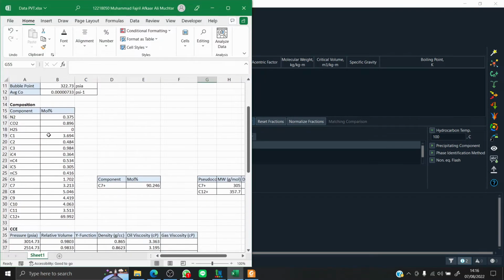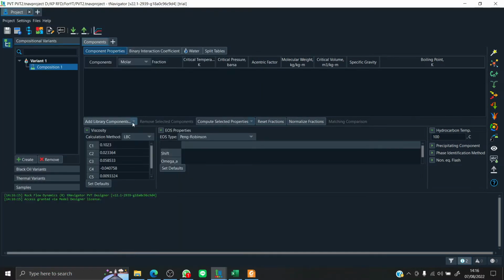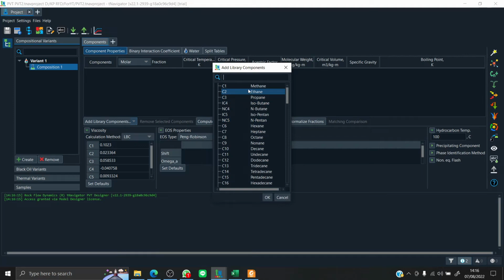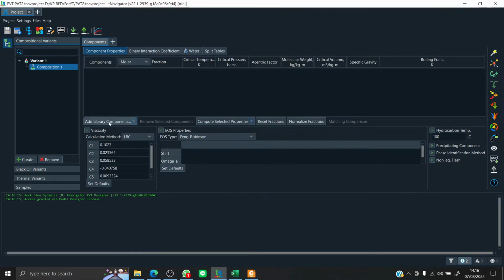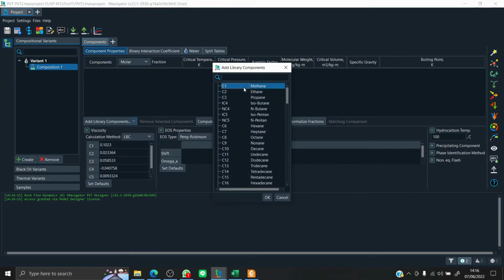In the data, we have N2, CO2, H2S, and then the hydrocarbon components until C11, and then the C12 plus as the pseudo component. So we're just gonna add all the library components, the original components, by clicking here, add library components, and then we click and drag C1 until C11 for the hydrocarbon components.